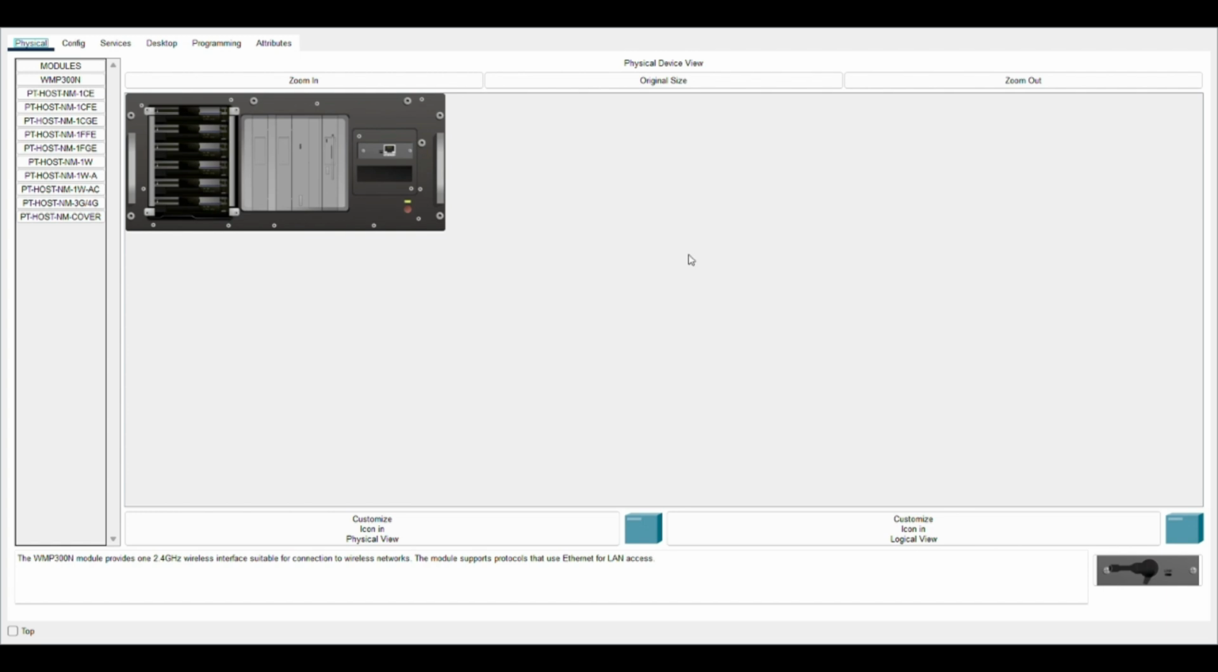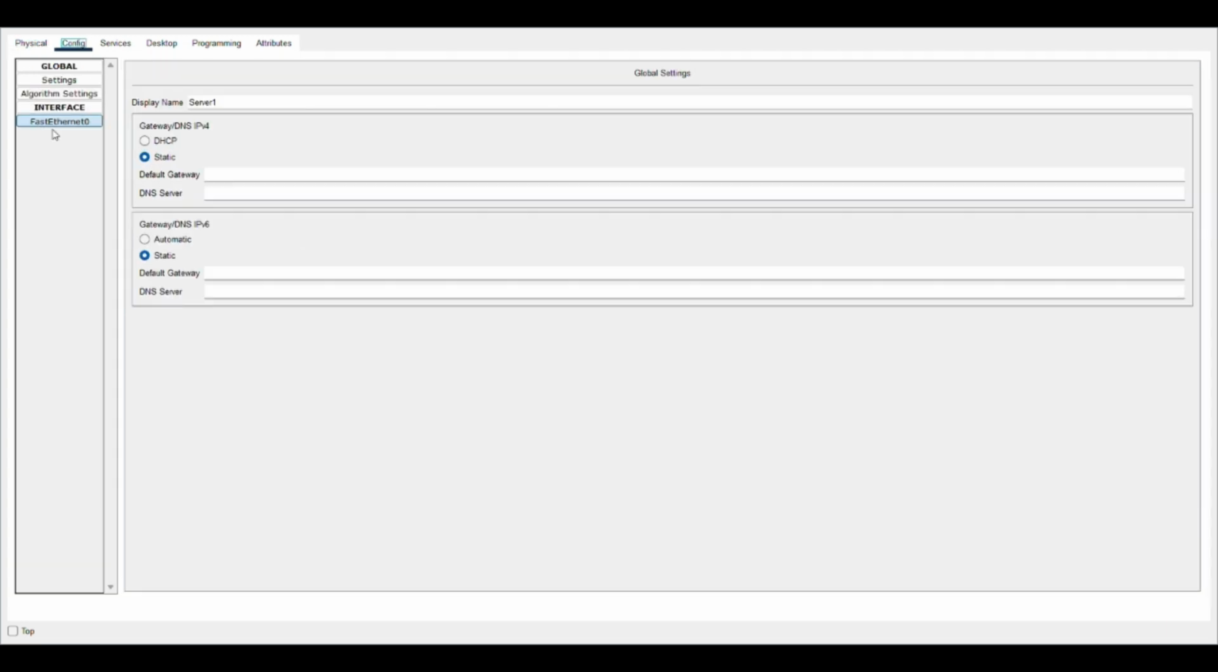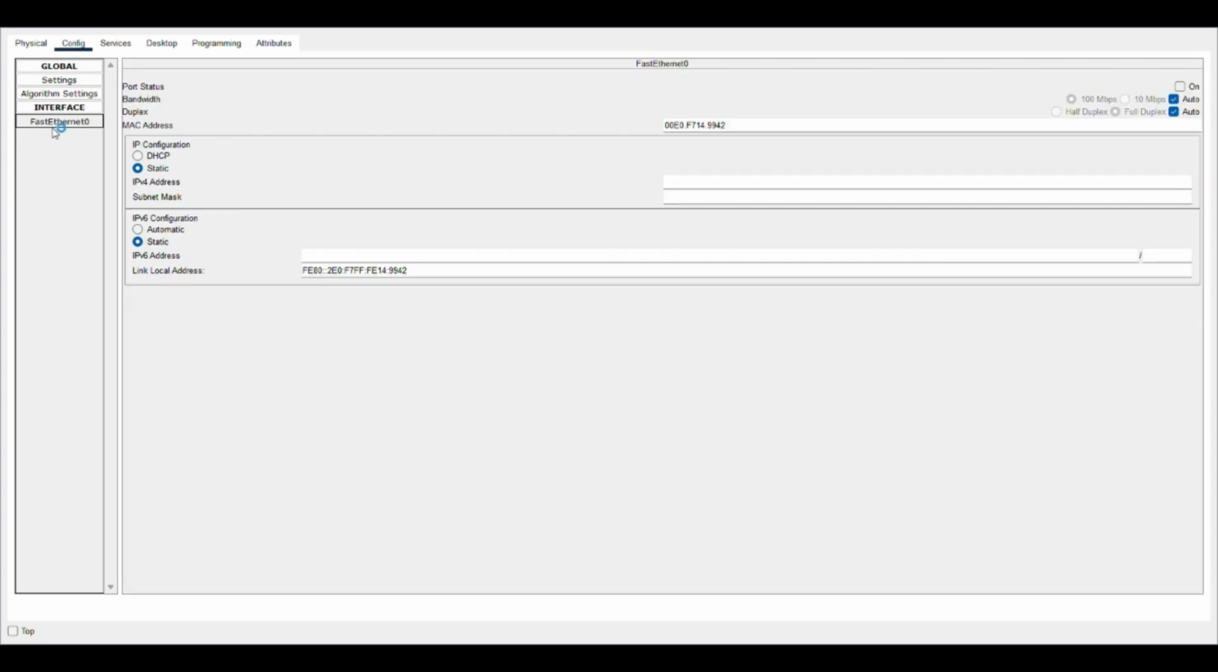Here you go to the config. Here the first is Ethernet 0, because this cable is connected to the switch with the server, and there is the IP address. So we're going to allocate an IP address. Let's say 10.0.0.2, and this will be the IP address for the